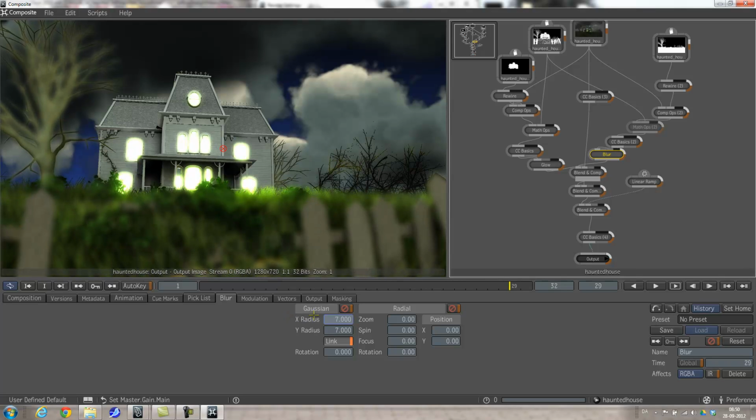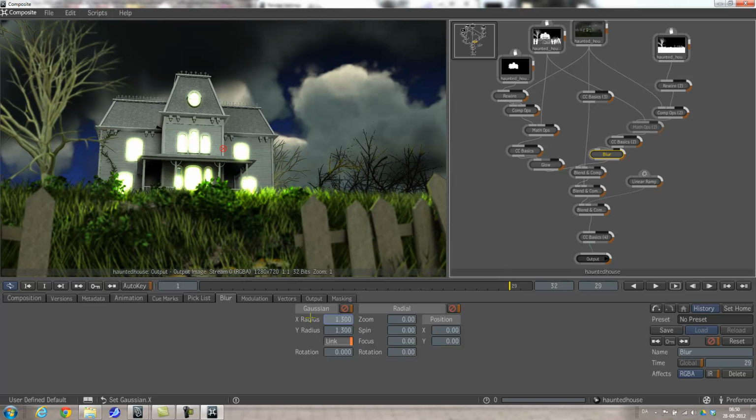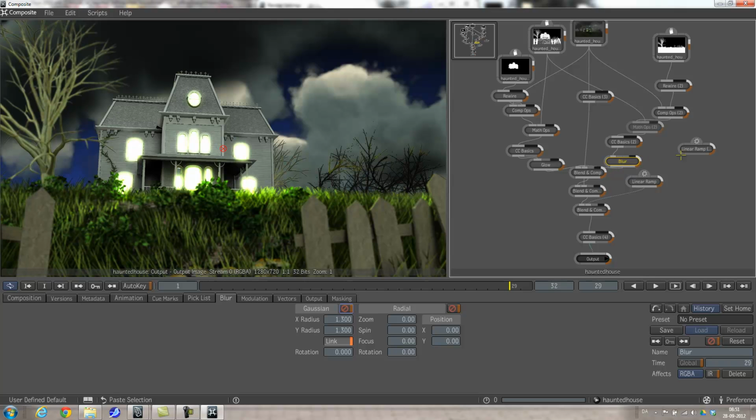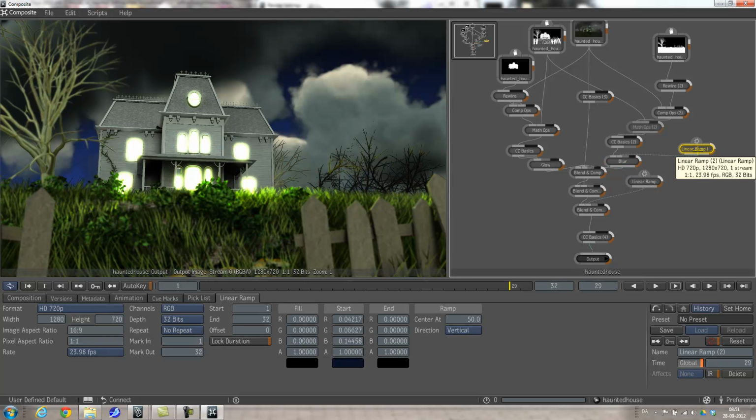Now the lucky thing is that because of the way the mask is, it will actually blur this area and not the final bit there, which actually looks a little nice. But then again, it's not quite what I wanted. So I can actually feed this another ramp. So if I duplicate this ramp, Control C and Control V, and then in this blur I have this thing called a modulation image. So if I plug it in there